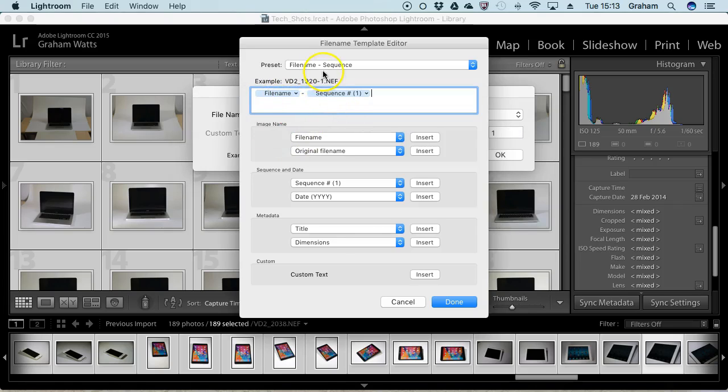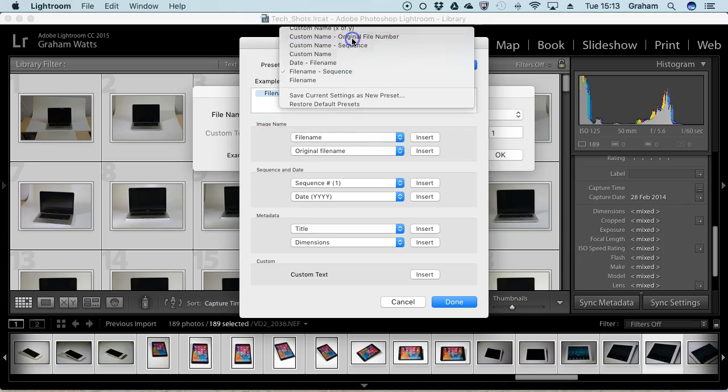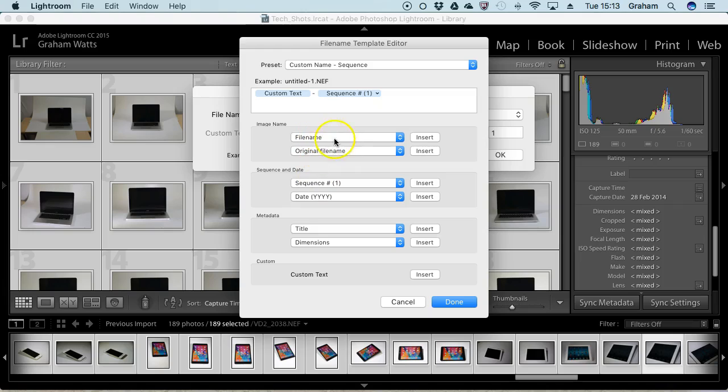So for example, I might determine that my file name is going to be, rather than being the original file name, I might want to replace file name with something like a custom name. Or a folder name or something like that. In fact, let's go to custom name and sequence. Okay, so I've got some custom text in here, so I can edit that, and we can decide, maybe I'm going to call these